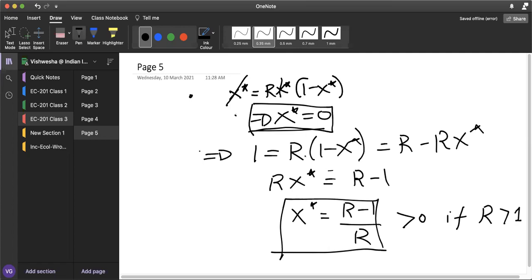So again, this is R0. If R0 is greater than 1, this x star will be positive. And it does make sense, right? If R0 was less than 1, we knew that birth is less than death, and therefore extinction is a reasonable solution. So for you to have a positive equilibrium, R0 has to be greater than 1. So now what we will do next is plot